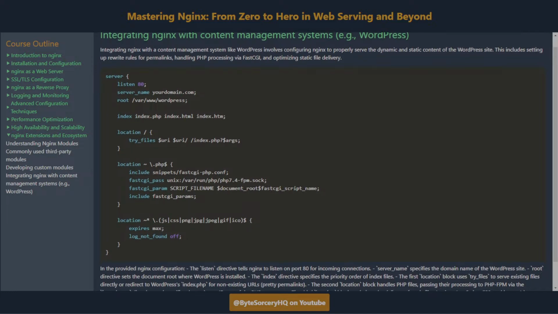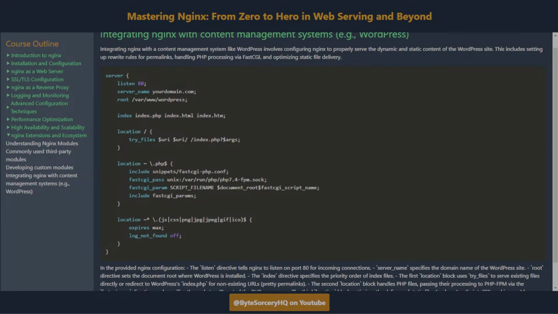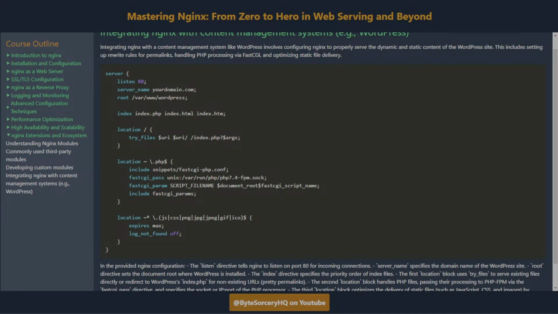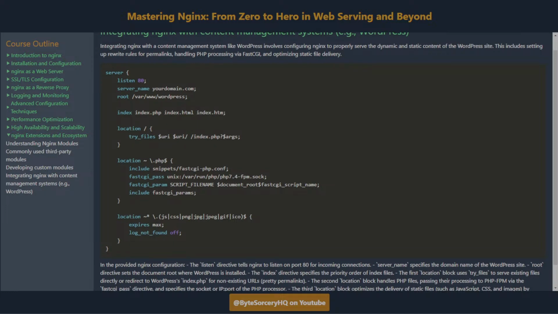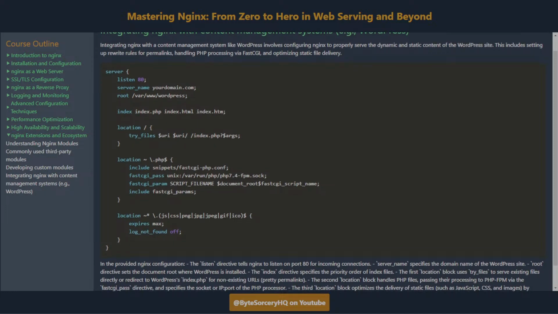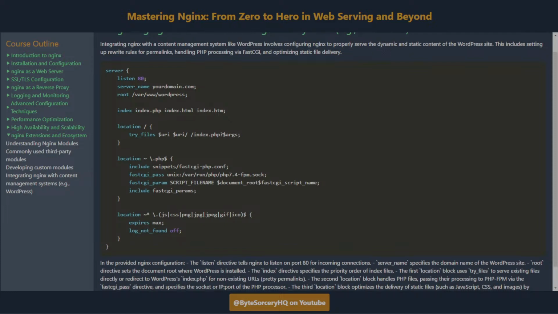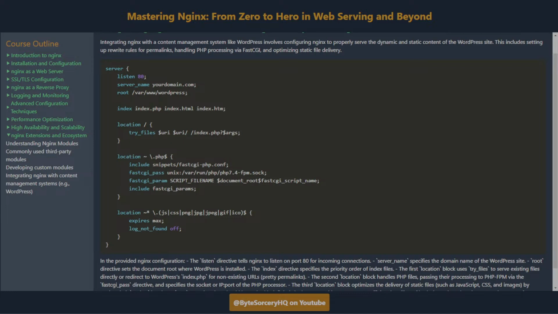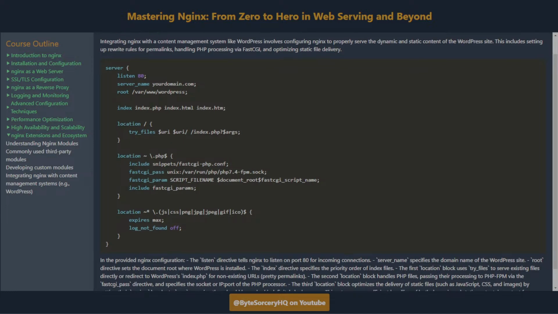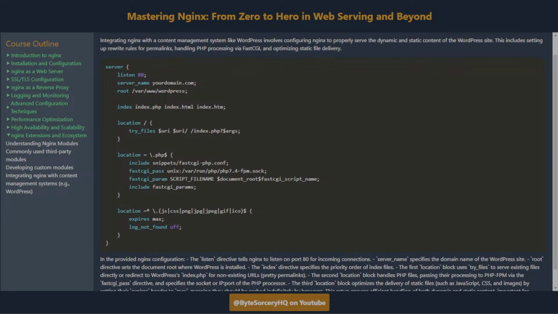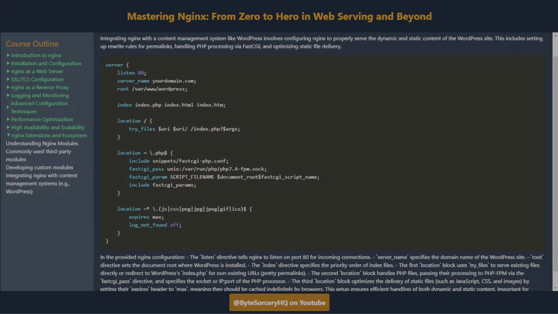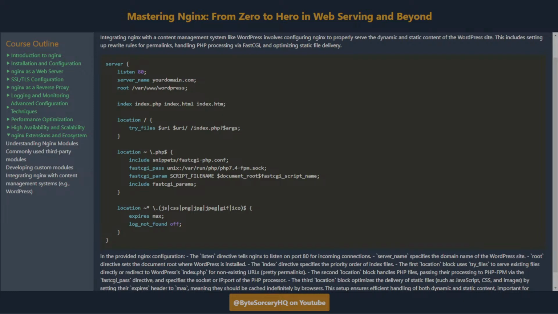In the provided Nginx configuration, the listen directive tells Nginx to listen on port 80 for incoming connections. Server name specifies the domain name of the WordPress site. The root directive sets the document root where WordPress is installed. The index directive specifies the priority order of index files. The first location block uses try_files to serve existing files directly or redirect to WordPress's index.php for non-existing URLs,